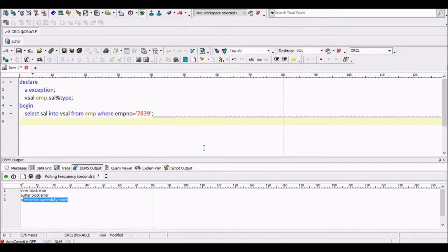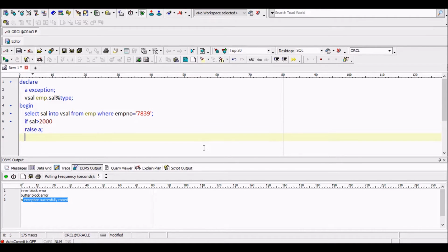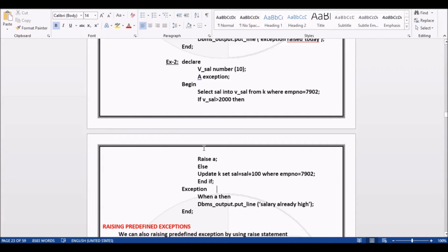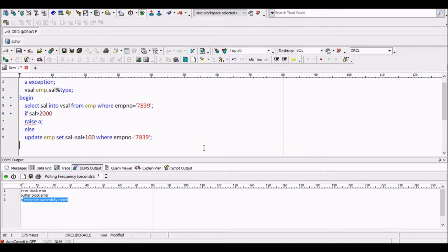So what I want to do, if sal is greater than 2000, then I want to raise an error, that is raise a, else update emp set sal is equal to sal plus 100, where empno is equal to the same number, that is 7839. Then we will end it.